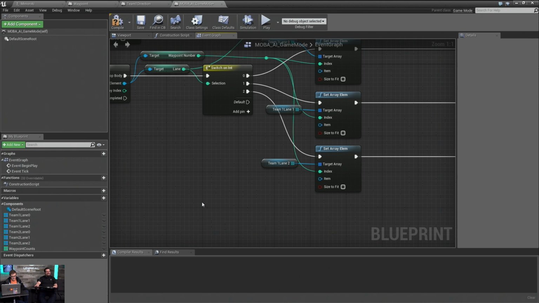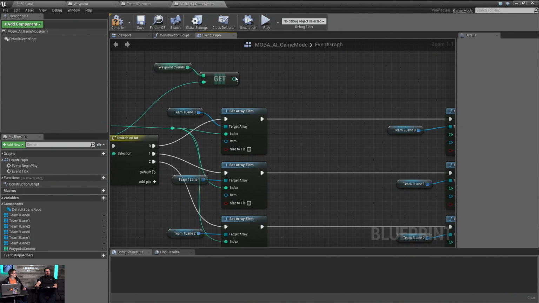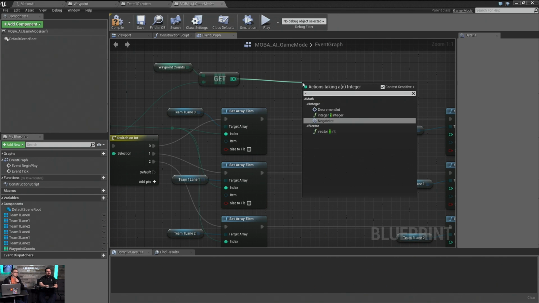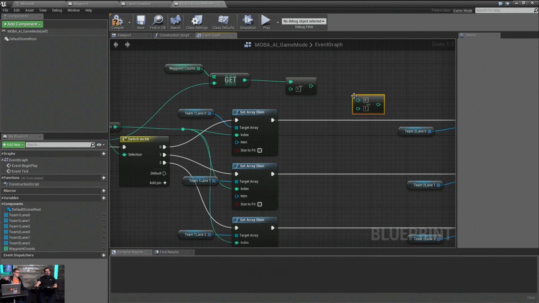Yeah, the way that I do it is the easy way, but it's actually a silly complicated way where I don't have to do as much math, and I can just do more rearranging of the array I've already got. Basically, I would get the amount of waypoints that I know is in each lane, and then I would run the for each loop that many times to set them all from start to finish.